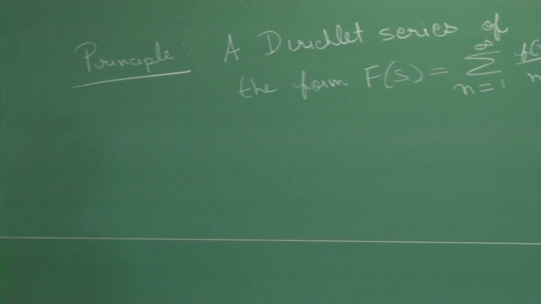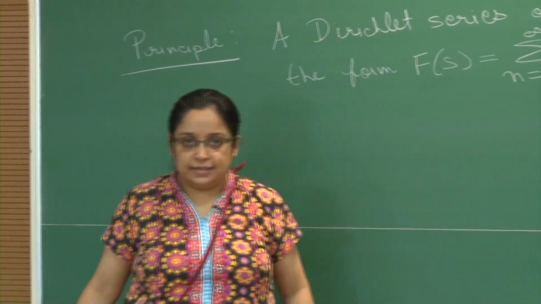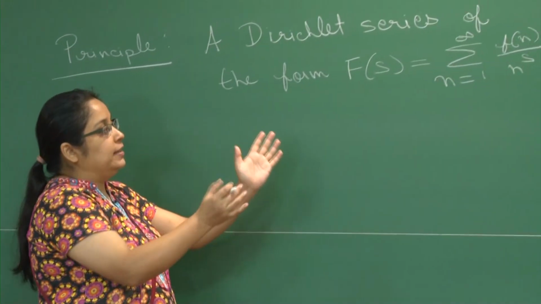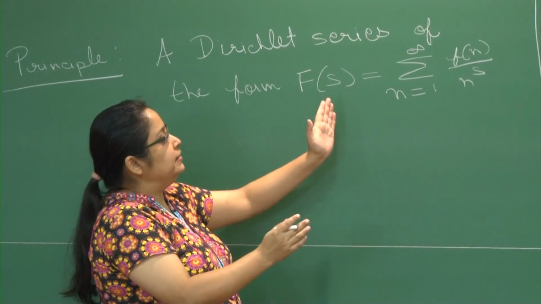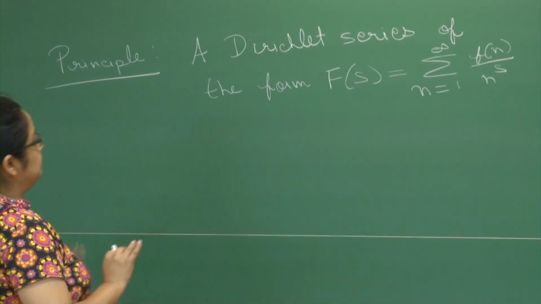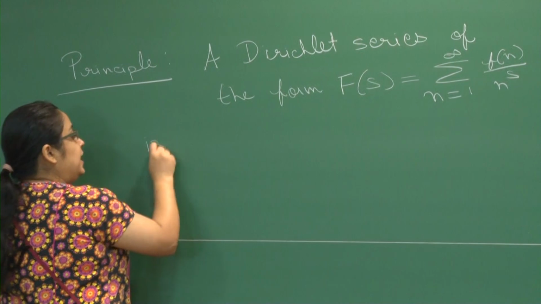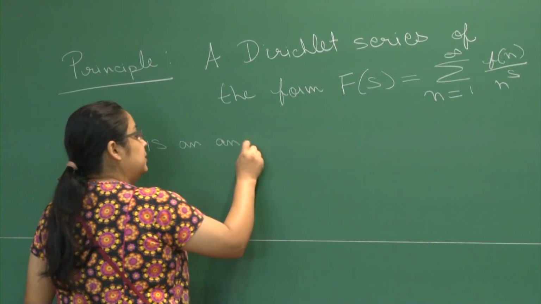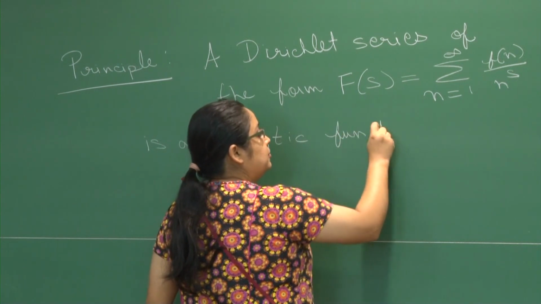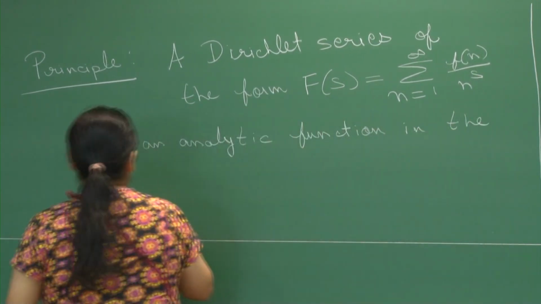The concept that we are trying to understand is, can you treat this capital F of S as an analytic function? And towards this end, we have learned so far the beautiful things that happen in the region where this series converges absolutely. So this is the principle that we are heading towards. This Dirichlet series is an analytic function in the region or in the half plane